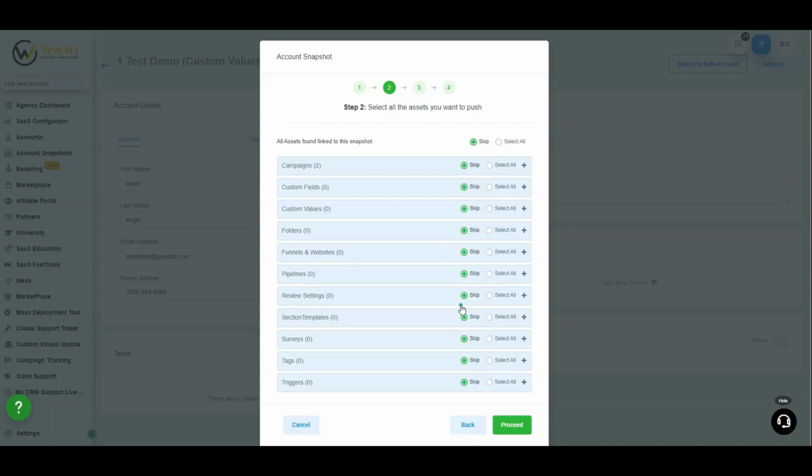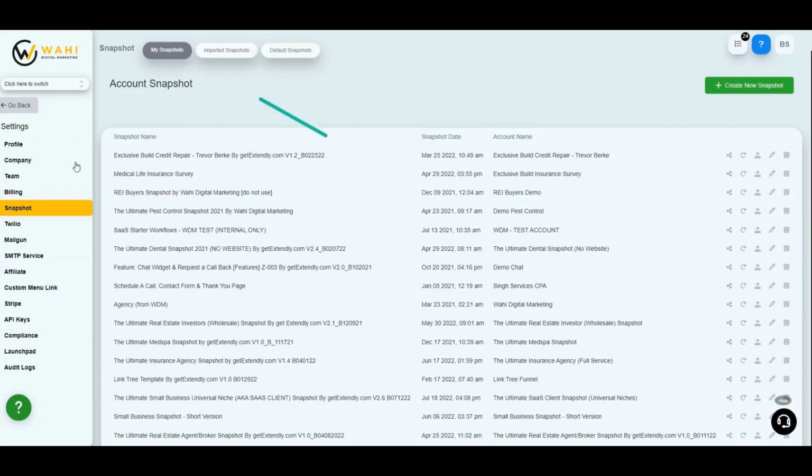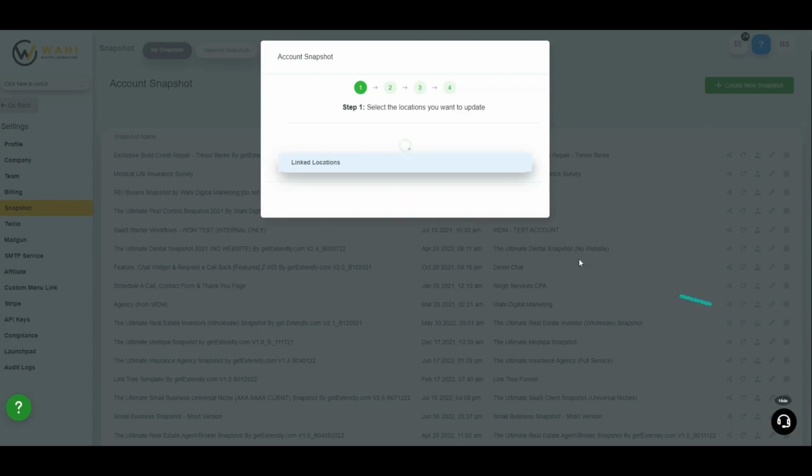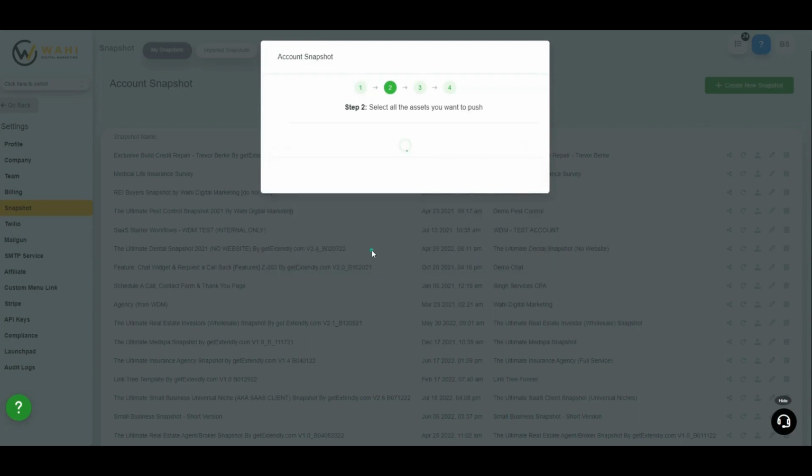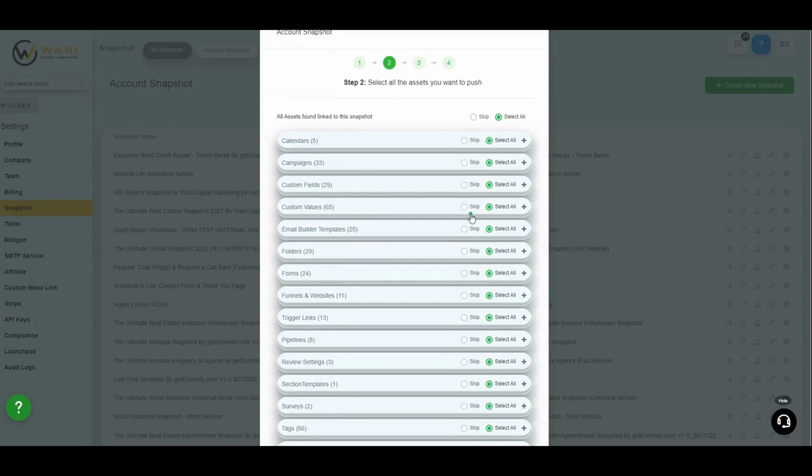Now, similarly, you can also do an update as well. So, for example, you can go to a snapshot account that you may have, and then you can click on this little update icon right here to do an update. So any linked locations that it may have with it, you can push an update to. So for example, Home Field Real Estate, we can push an update to this account,